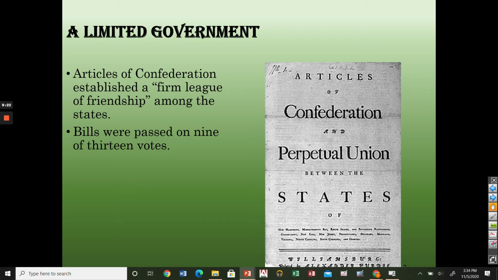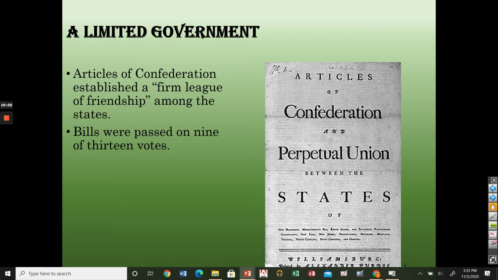And to just make sure that almost all the states were in agreement with anything the Articles did, they required there to be 9 out of 13 votes. Let me back up. Under the Articles of Confederation, each state received exactly 1 vote. So whether you were Virginia or whether you were Rhode Island, you got 1 vote. Remember that, because when they create the Constitution, the one we use today, there is going to be a huge, huge fight as to whether you're going to keep that system or create a new one. But under the Articles, that was the system: 1 state for 1 vote. And you couldn't pass any law unless 9 of the 13